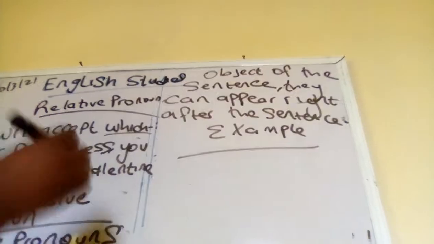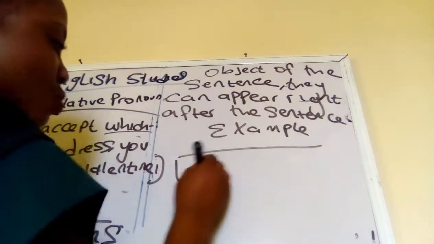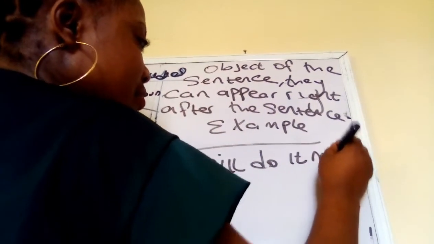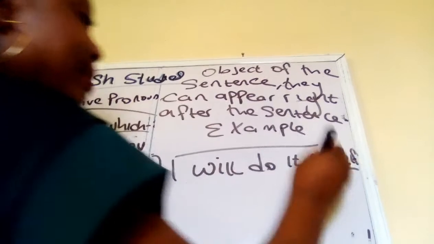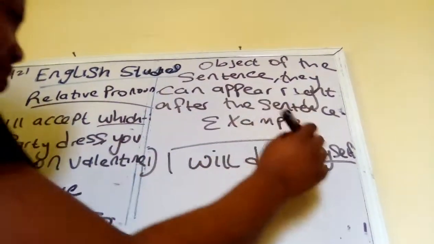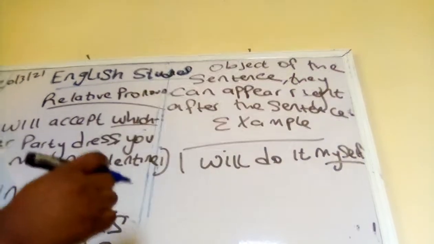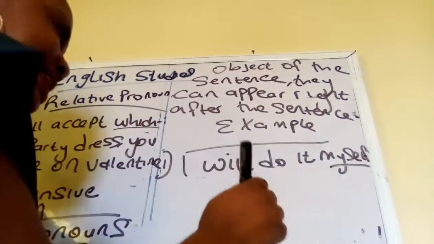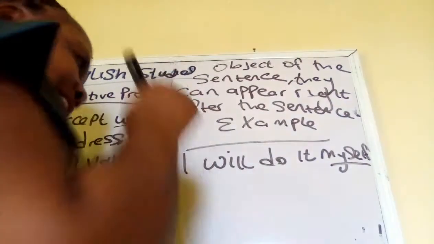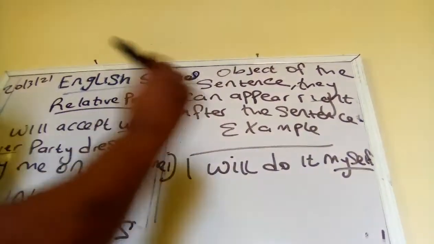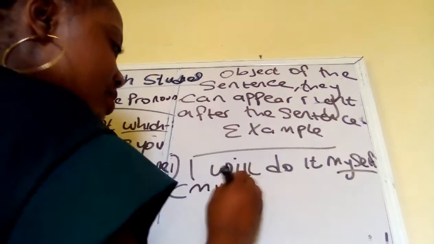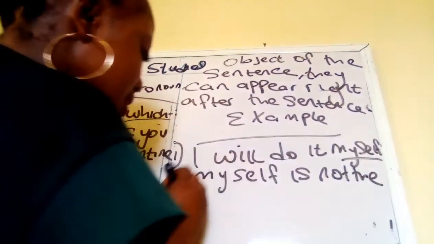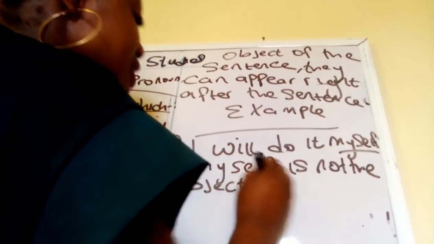1. I will do it myself. So you underline myself. Myself is not the object of this sentence. You understand? Myself is just emphasizing that the speaker is doing this thing himself or herself, that nobody else is helping him or her to do this thing. So myself is not the object. The object is only making the